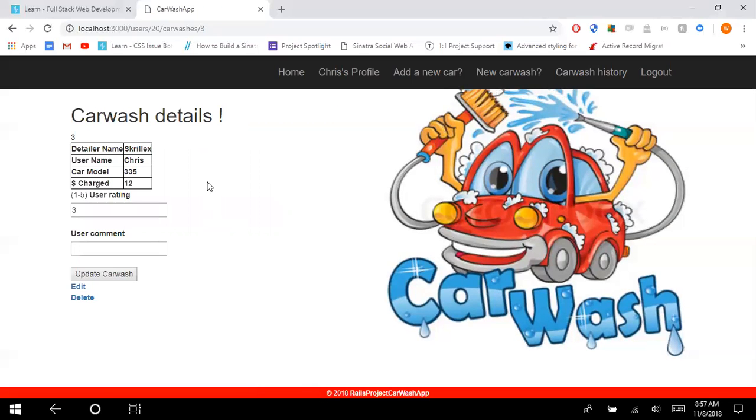So I created the car wash. It tells you the username. The detailer name is Skrillex, and the car model is, as we've seen, the 335. We're working on the Beamer, and now we have the user rating, or you can leave a comment like "great job" and update the car wash instance. Once you have that done,